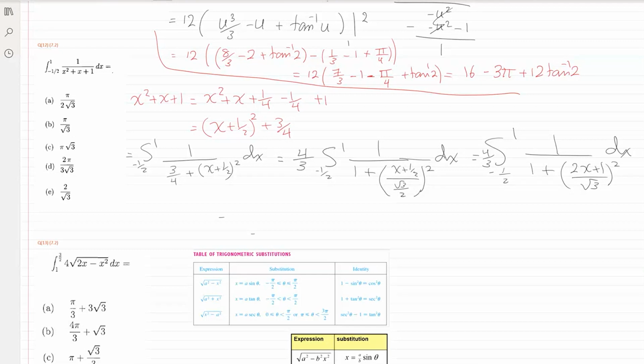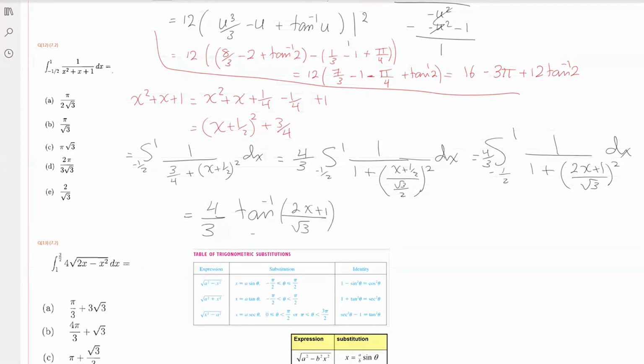This is equal to tan inverse. Don't forget the constant before it, it will be 4 over 3 tan inverse of 2x plus 1 over root 3. And now you substitute from minus half to 1, I'm sure you will find the answer to be D, 2 pi over